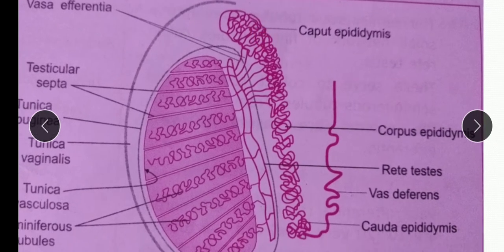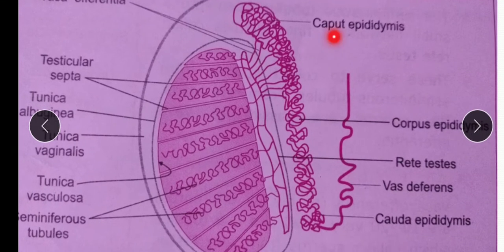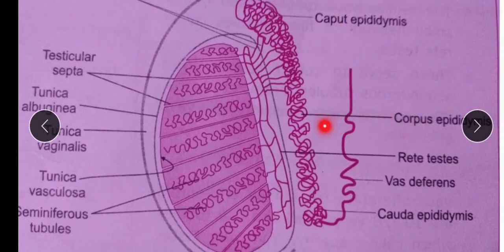The epididymis is a small structure lying on the posterior side of the testis. This is the epididymis. It is attached to the testis just like a cap. It consists of a very long narrow tubule which is extensively coiled up behind the testes. This epididymis is 6 meters long, and it can be divided into 3 parts: the anterior part, the caput epididymis, then the middle part, the corpus epididymis, and the lower part, known as the cauda epididymis.